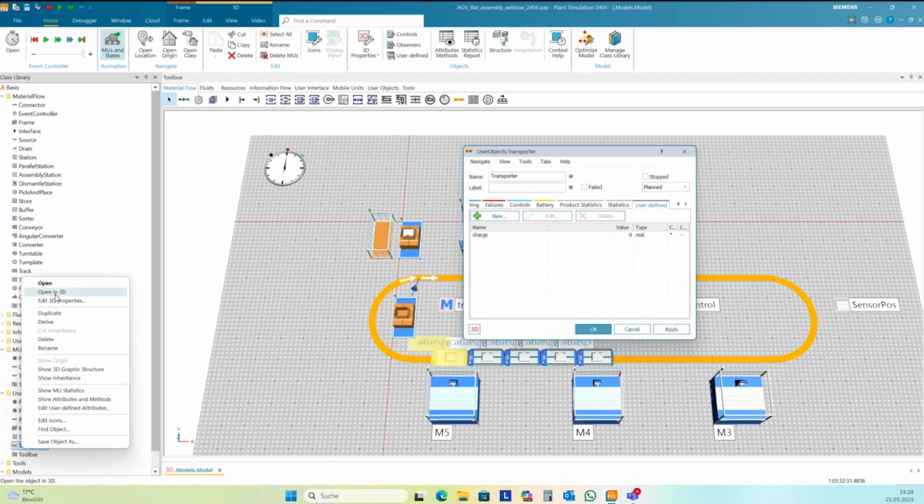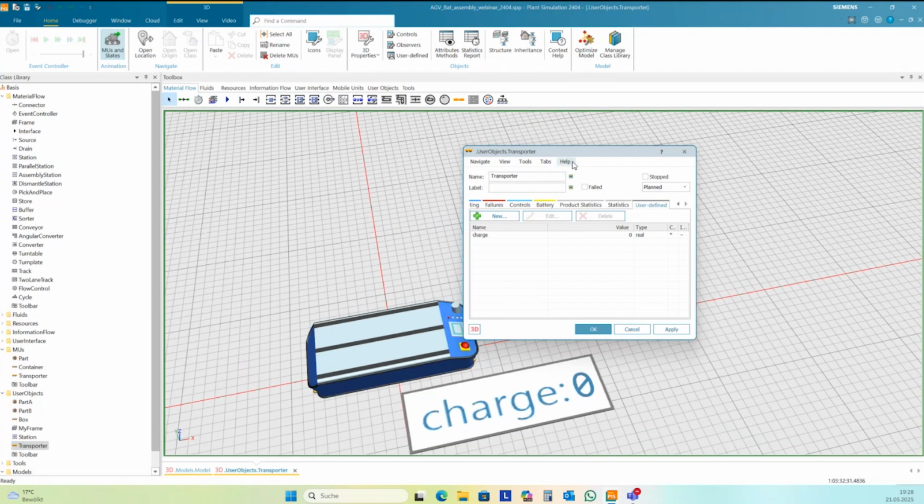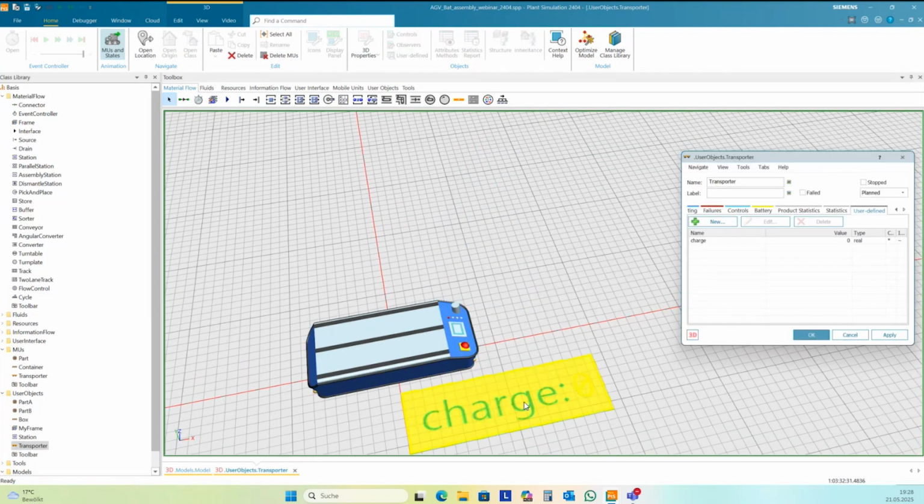So I opened the transporter here in a new 3D frame. It's too large here. I want to change the size.